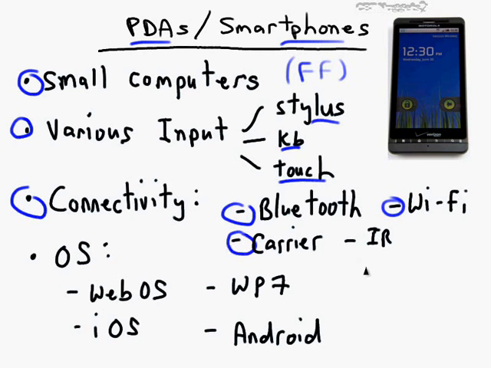And then carrier, Verizon, AT&T, Sprint, whoever it is that's providing your cell phone service, almost always nowadays will offer a data plan as well where you can do email, web browsing, and so forth. And then IR is still around, believe it or not, infrared sensors for the very short range exchange of data